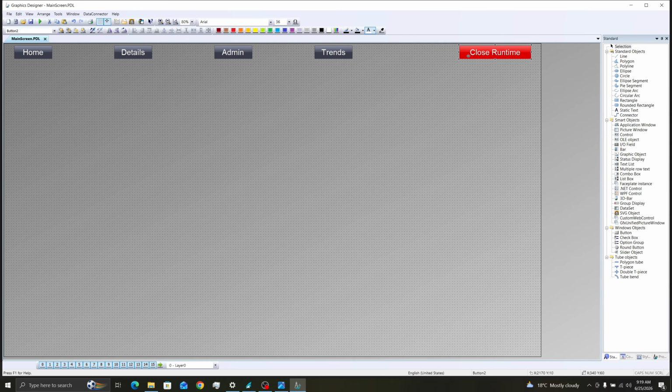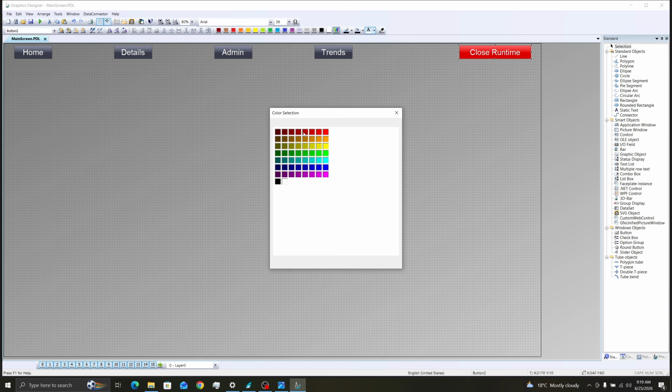At this point, we've already built the navigation bar for our SCADA application, and you can start to see the